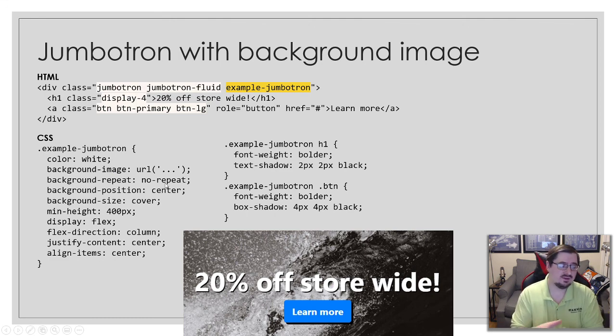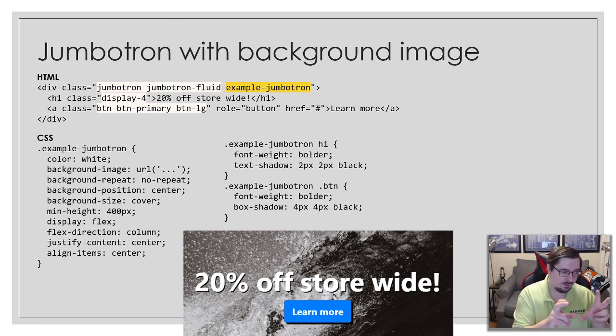I've got the repeat set to no-repeat because I only want one copy of this image. I absolutely don't want it to tile. I'm positioning it in the center, and then I'm using this background size of cover. Remember we talked about that maybe earlier. The whole point of that is I don't want there to be any empty space where the image is not covering. So it will expand or contract, resizing the image until it covers the entire area of the Jumbotron. That is very important if you're going to give a background image to your Jumbotron, and you should definitely set background-size: cover. I'm also giving it a minimum height of 400,